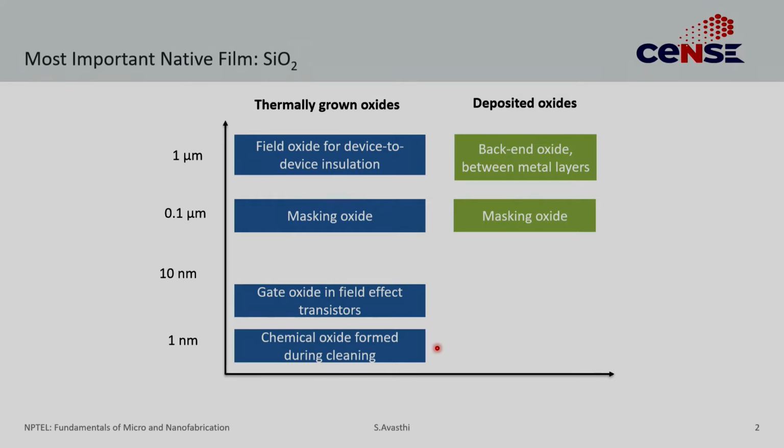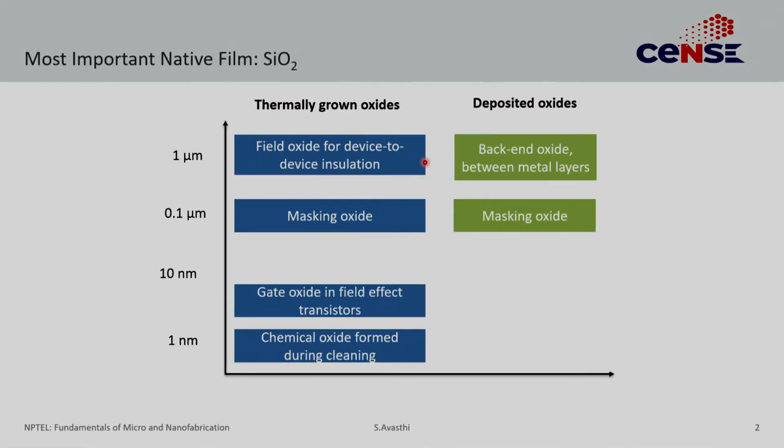Then there are certain masking oxides. During diffusion, if you remember, we looked at how masking oxides are used to prevent dopant from diffusing through, and you can use that to create patterns. We have not discussed this because this is a device related issue, but in a typical process you would need to insulate a device from another device. Even though the wafer is the same, the two devices need to be electrically insulated from each other, and we use field oxides to do that. So that is this oxide.